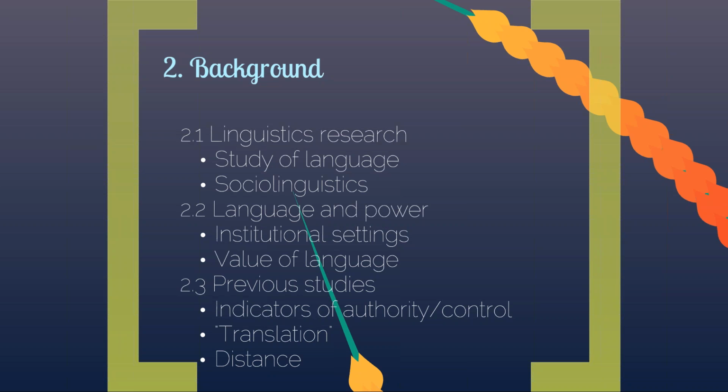Sociolinguistics is particularly interested in language and power because language is a vehicle through which power can be demonstrated, particularly in institutional settings. So we're talking about in government, in professional interactions and those sorts of things. We can see that there's power involved because different language is perceived as appropriate or not appropriate in different settings.